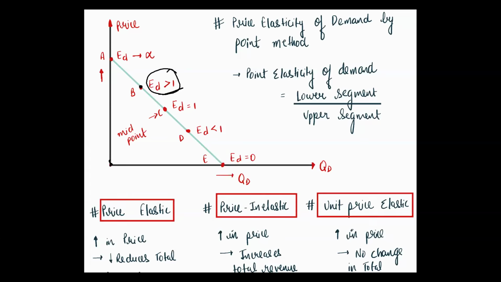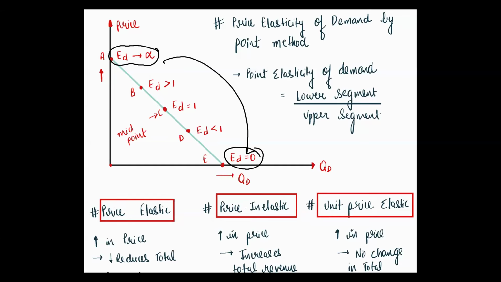So here it is ed greater than 1, ed equal to 1, ed less than 1, and ed equal to 0. So at each point you can check and you can easily understand कि आप inelastic के तरफ से कहाँ जाते हो, right? So you can understand these things. So basically you can see that you are coming from elastic things to inelastic, ed equal to 0.